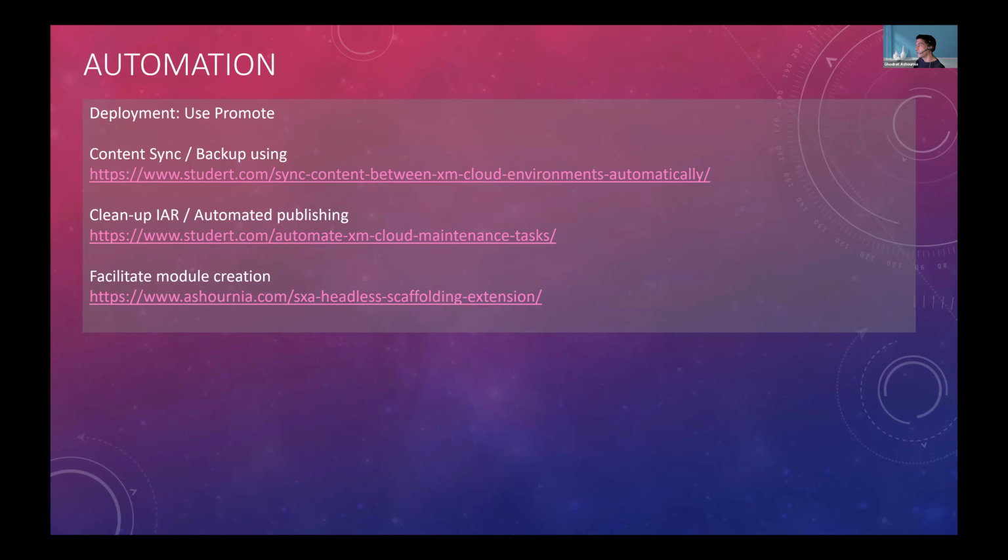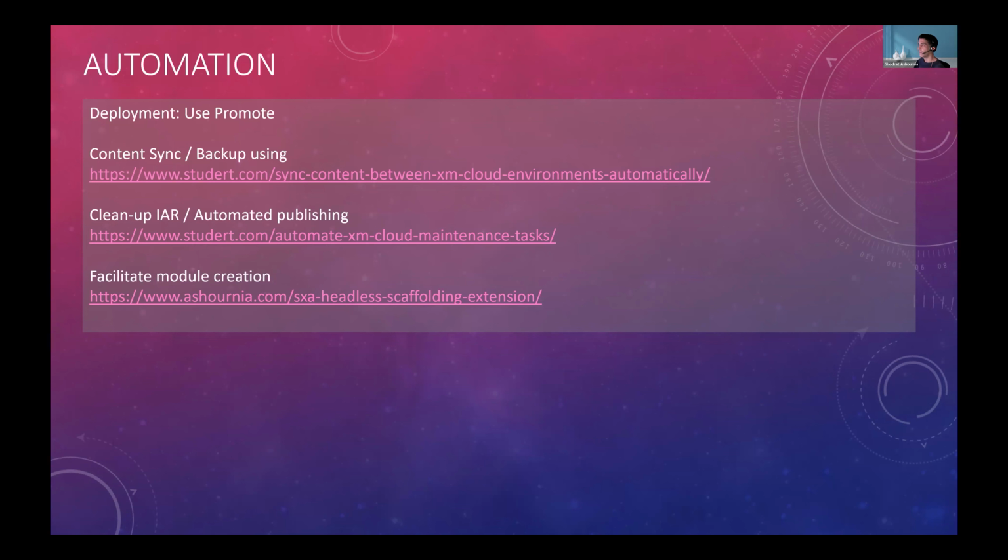My colleagues have written 2 blog posts that may be interesting for you. The first one is about content sync and backups. Basically, what we did in there is we used Sitecore serialization to pull the content periodically, every 15 minutes, from production and commit it to the Git repository.